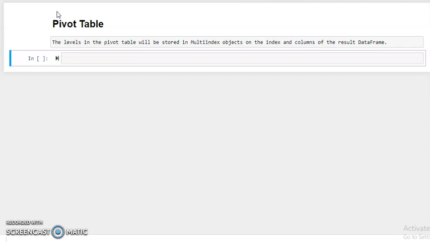In a pivot table, the labels will be stored in multi-index objects on the index and columns of the resulting data frame. Basically it is used to summarize the data in a data frame. How to use the pivot table? For this, first we need to import the pandas library,